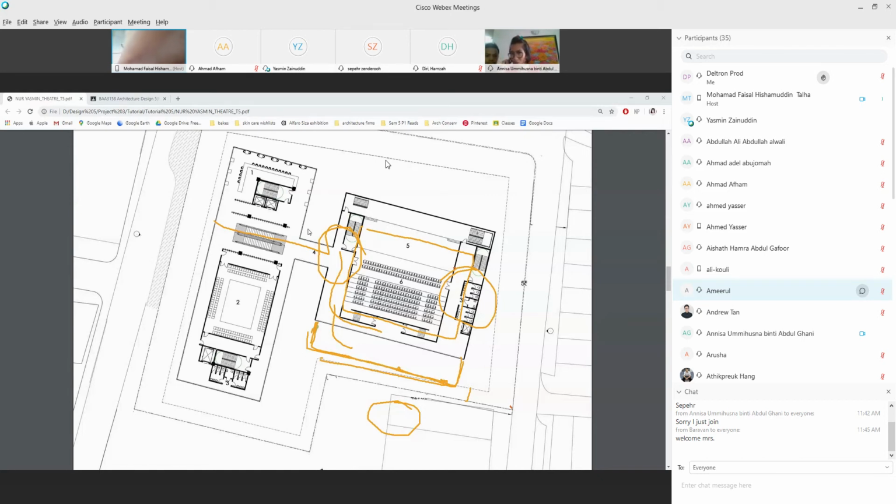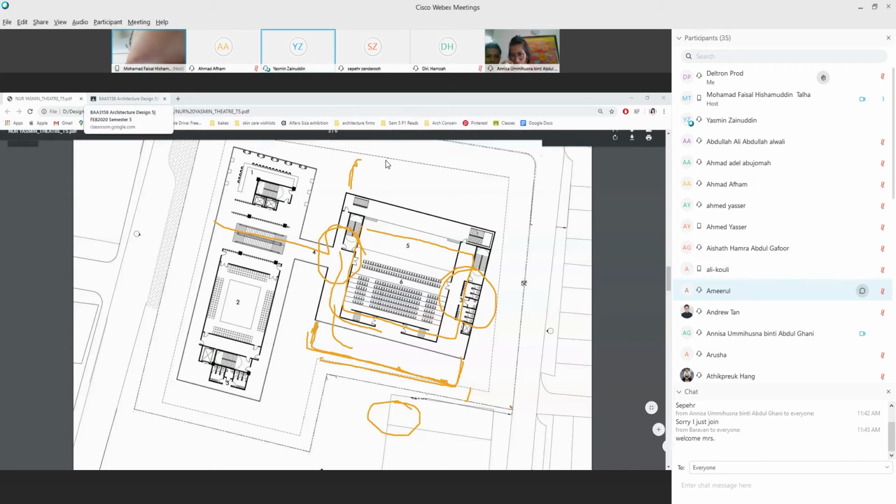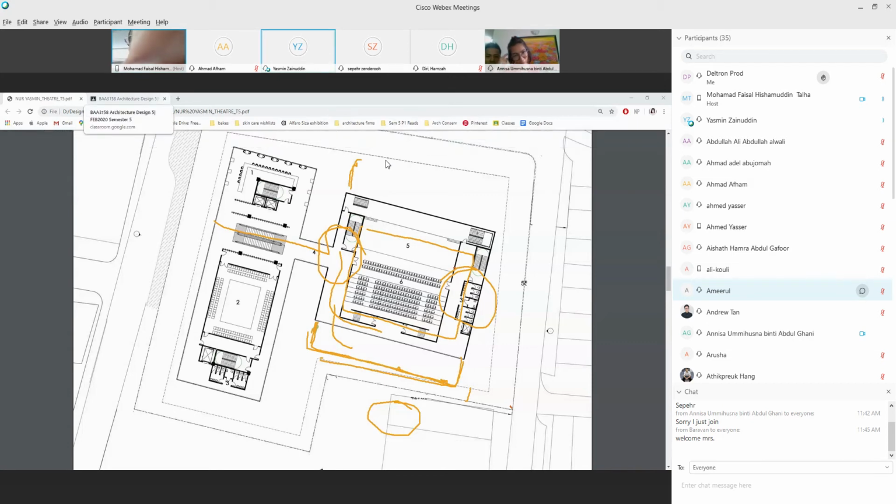And then this one also you can extend more. You can adjust this, or you don't want to change that, you adjust this. Okay, with the setback. In fact, this one also, why you can extend this corner.